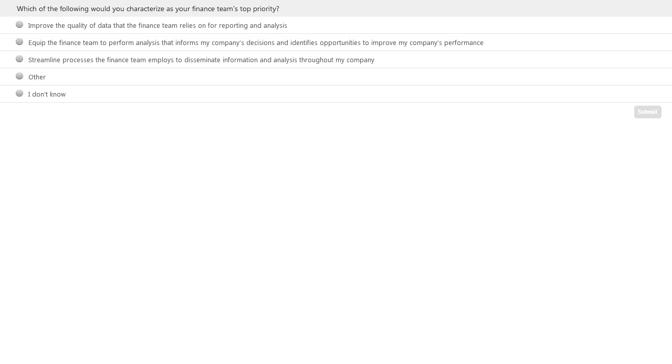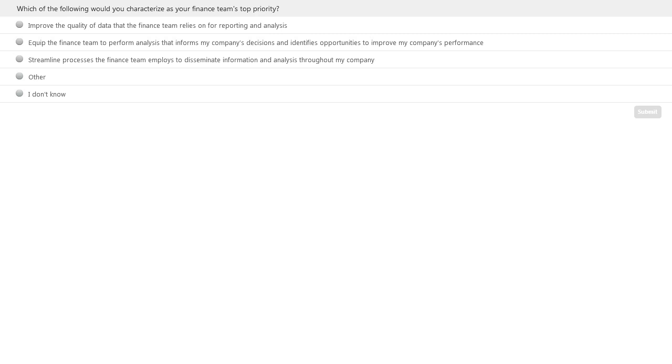After you select the radio button that corresponds to your answer, we do ask that you click on the Submit button so that we can record which of the choices listed below you would characterize as your finance team's top priority. We will give attendees just a few more seconds to respond. We want to make sure we have a sufficient percentage of respondents. Then we will reveal and summarize how you have responded, and then we will shortly hear from